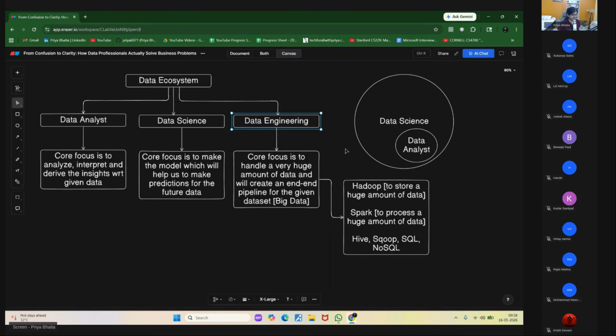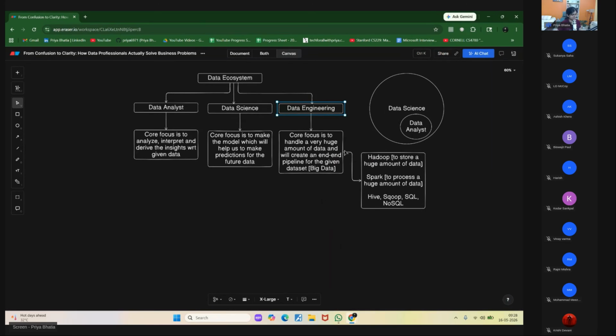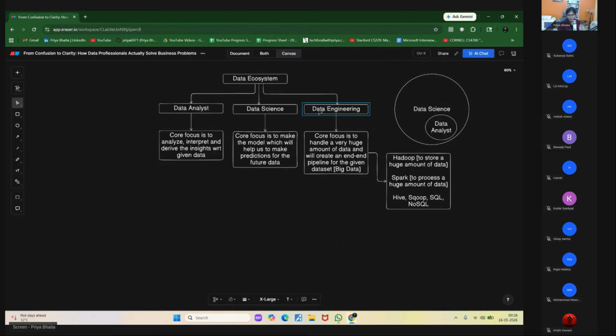So I hope it is clear that these are the three different domains that we will be having. For now, our main focus is on DA and data science. Yep, this is where we do ETL. ETL actually comes in this data engineering itself. The full form of ETL is